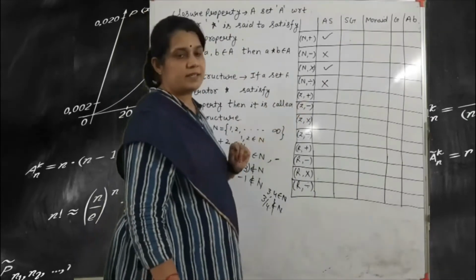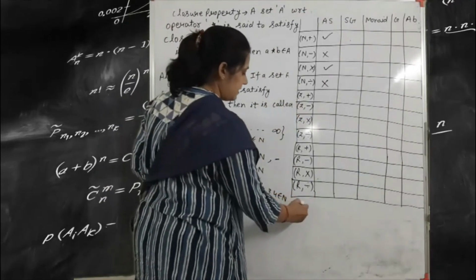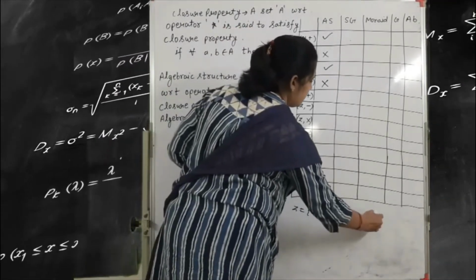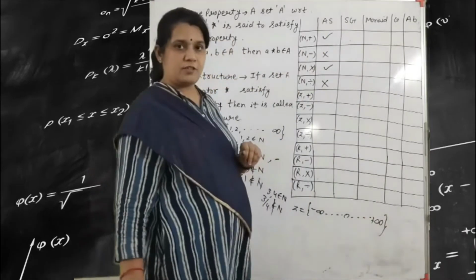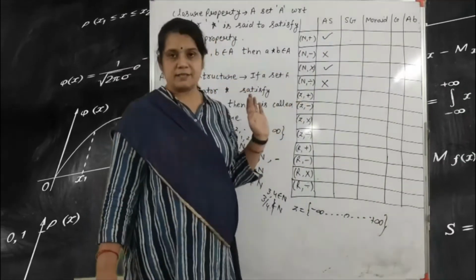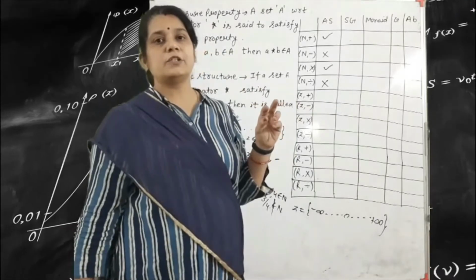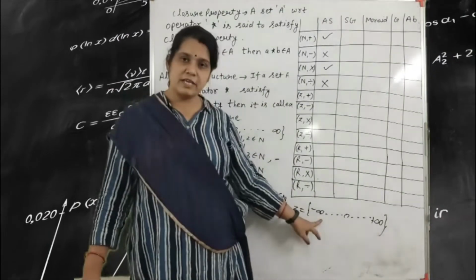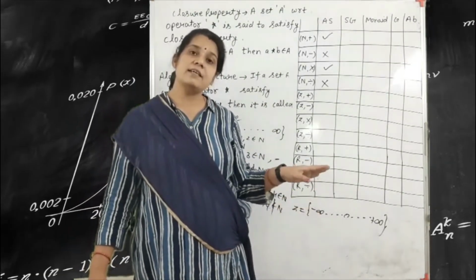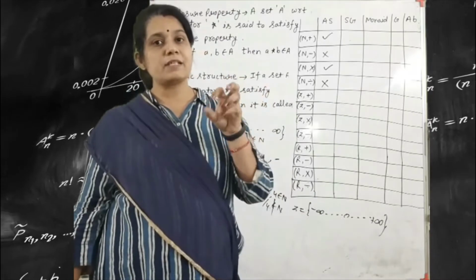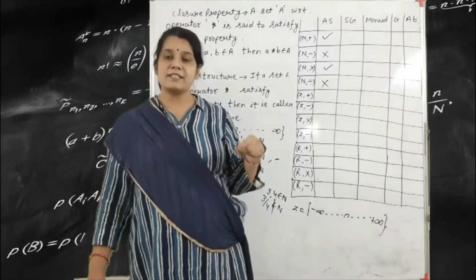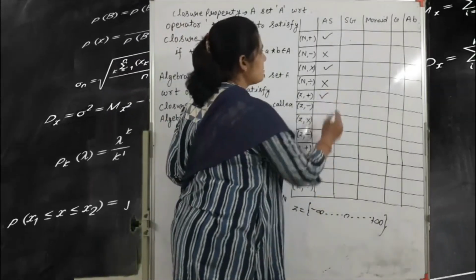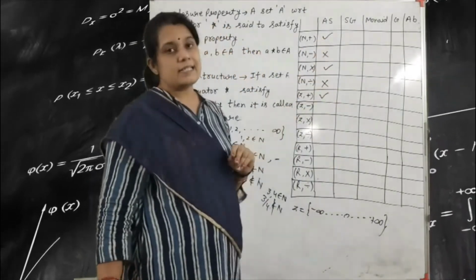Next one is Z plus. So Z, what does that mean? Z means minus infinity to 0 and plus infinity, the set of integers. Okay, so if we use Z plus, that means we use 2 and 3. So 2 plus 3 is 5, which belongs to Z. In case we use minus 3 and 2, so minus 3 plus 2 means minus 1, so minus 1 also belongs to Z. That means Z plus is also an algebraic structure.